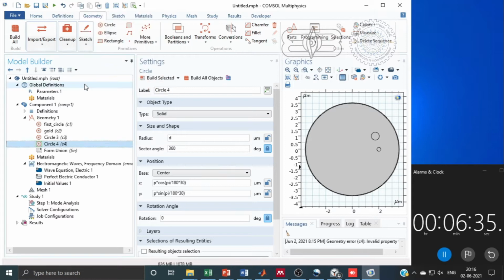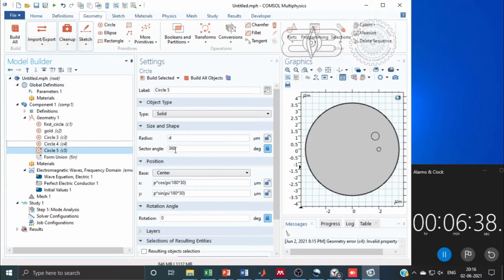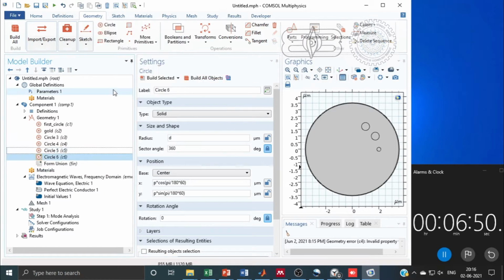Now similarly, we will make all the other circles by right clicking on the circle and duplicating it, so that we only need to change the angle, and the rest is already present. So right click, duplicate, and then change the angle. Here I have 90 plus angle, because to change the angle we are going above 90. So we have taken 90 plus 60 and 90 plus 13, and then in the next circle.